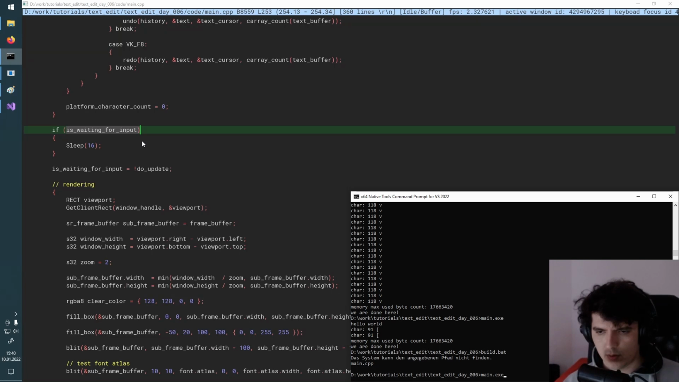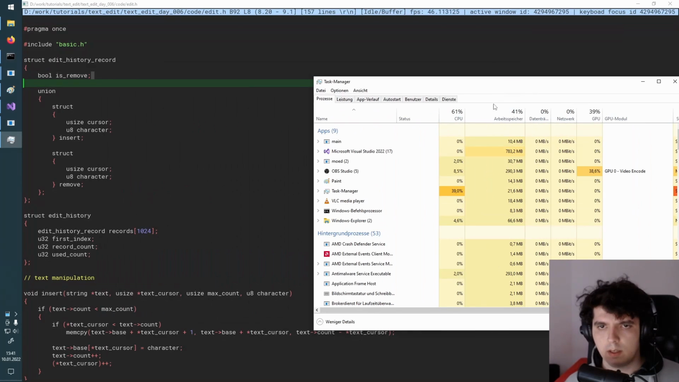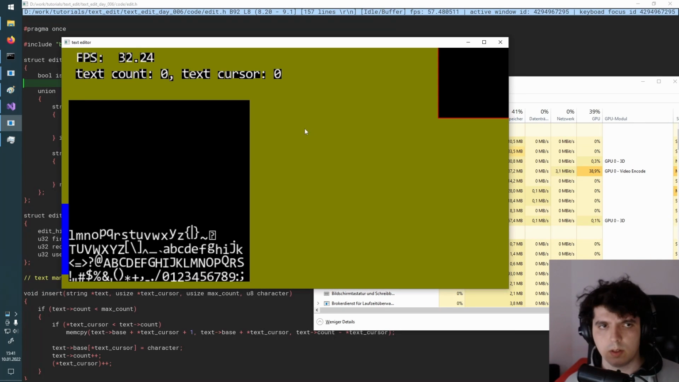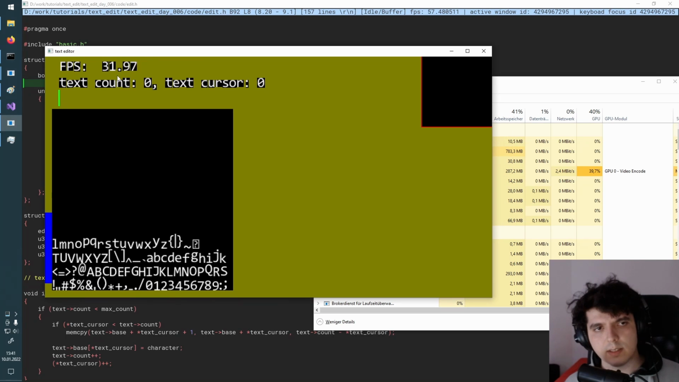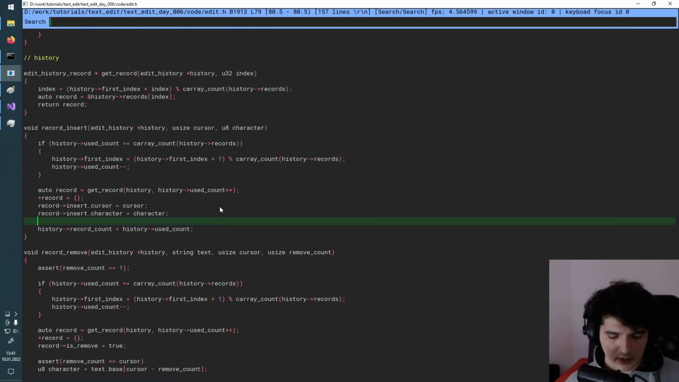So we have, that already suggests to me, oh yeah, we run at half a frame rate, 32 frames per second, which means this actually works. And if we look at our CPU usage, it's now like about 1% instead of being 28%, which it used to be. So if I just comment that sleep out,